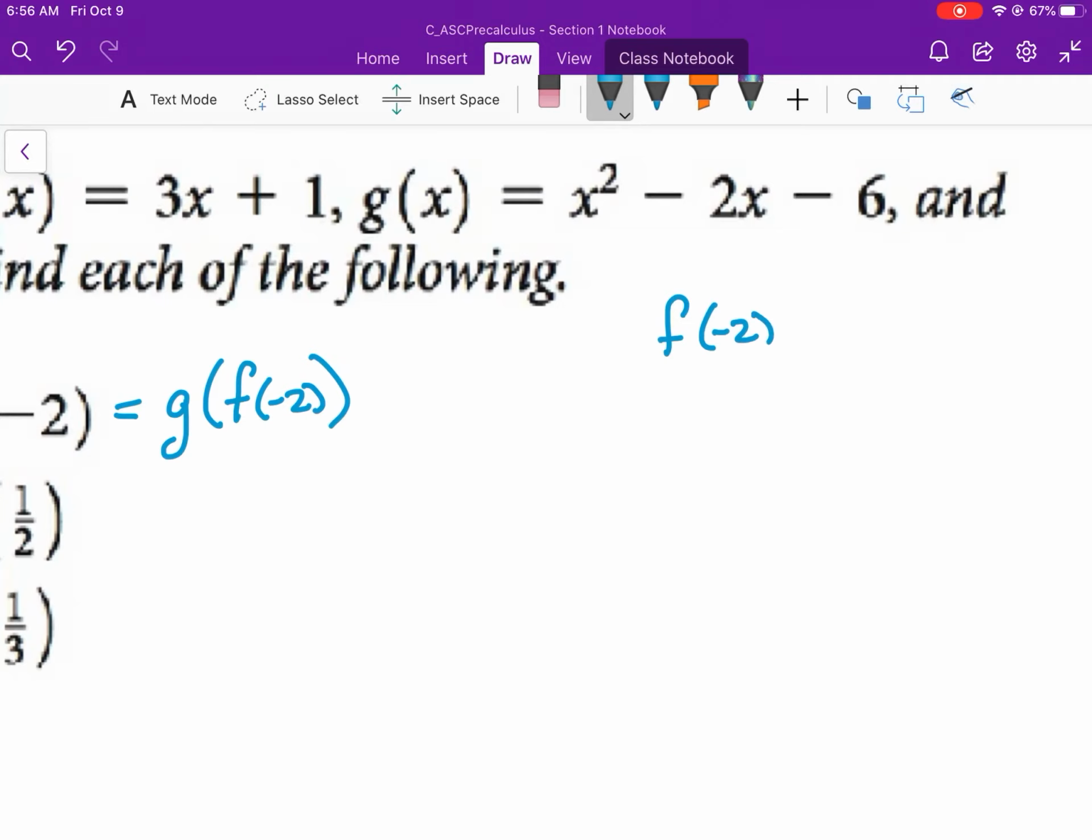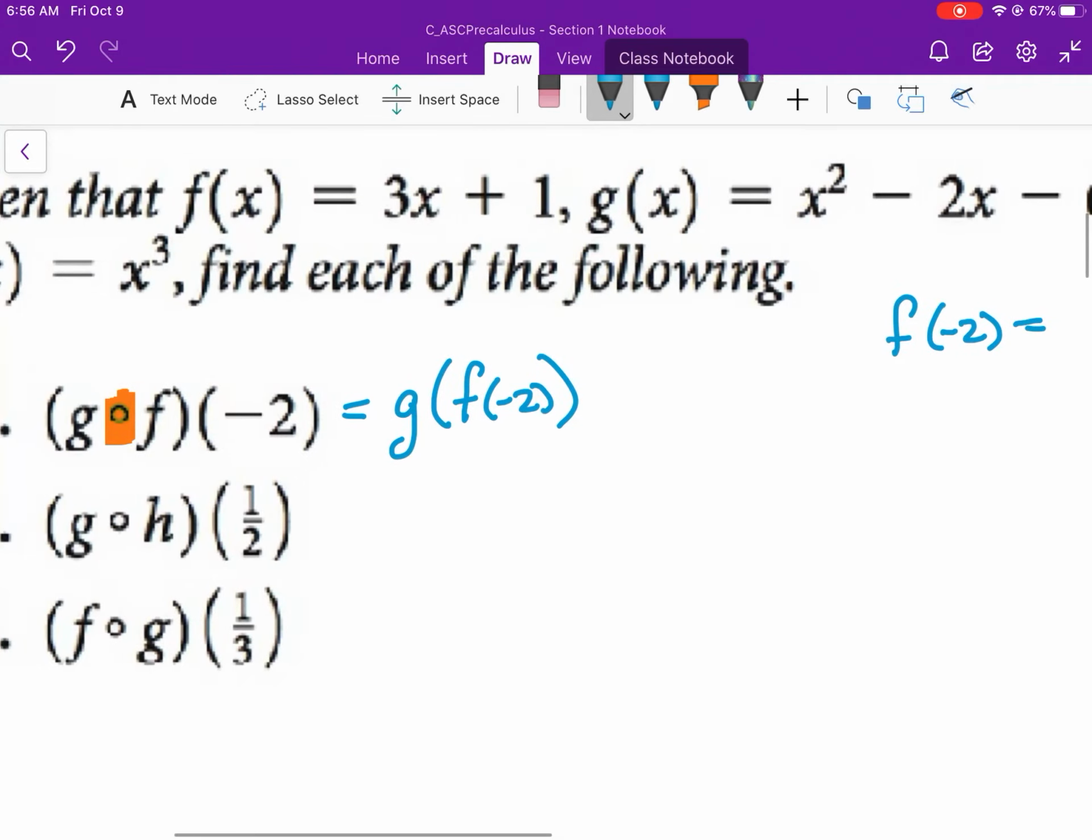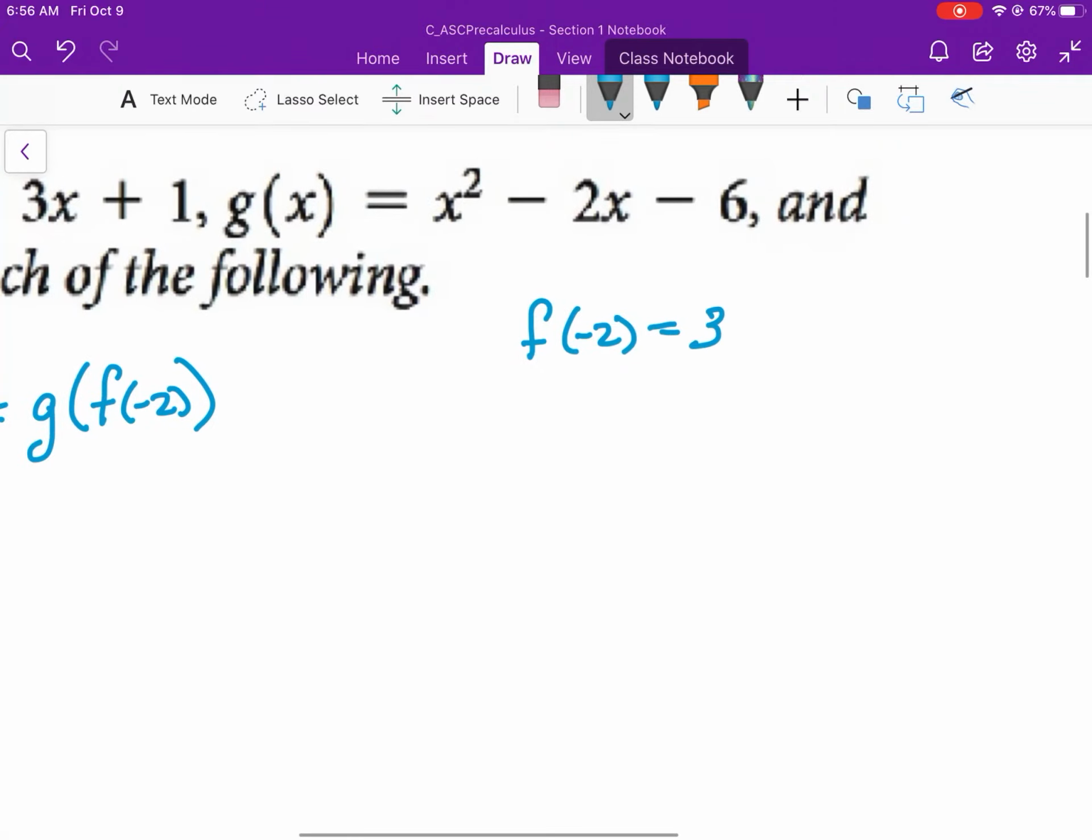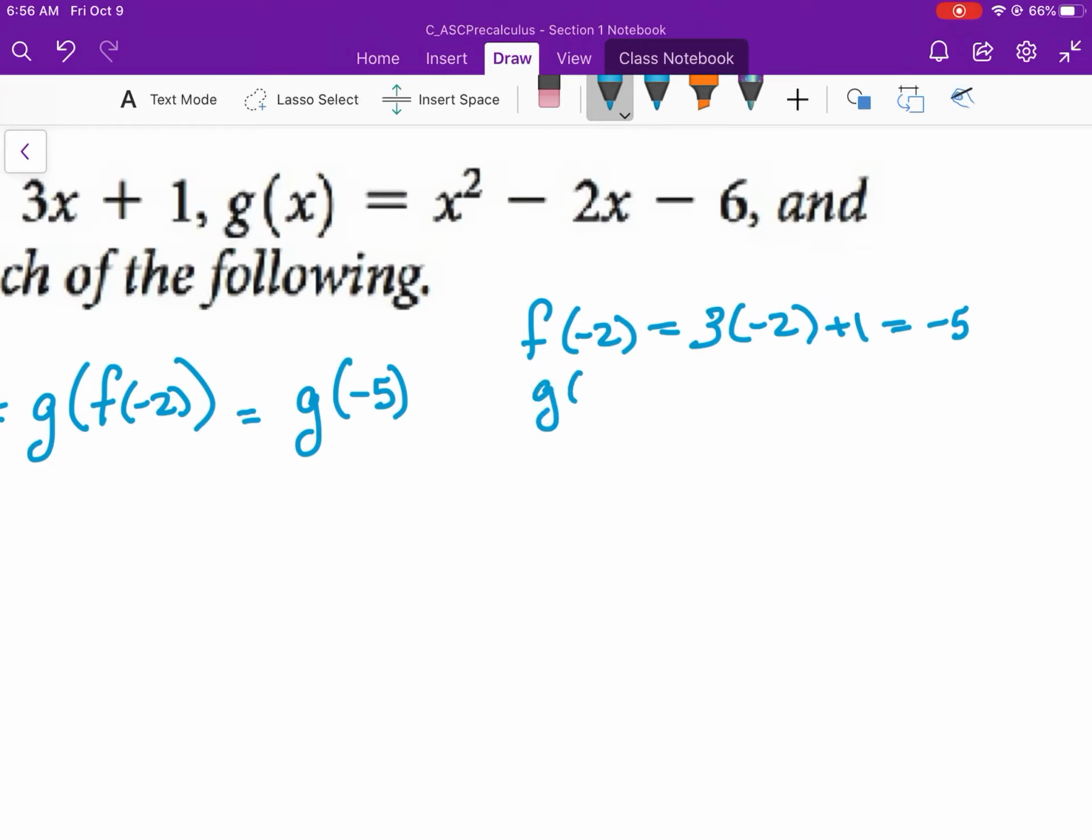I might go off to the side and find what f of negative 2 is. Remember, f is 3x plus 1. So this is 3 times negative 2 plus 1. I do this first: negative 6 plus 1, negative 5. Once I have that answer, now I'm going to ask, what is g of negative 5? Start on the inside parentheses and work your way out. So g of negative 5